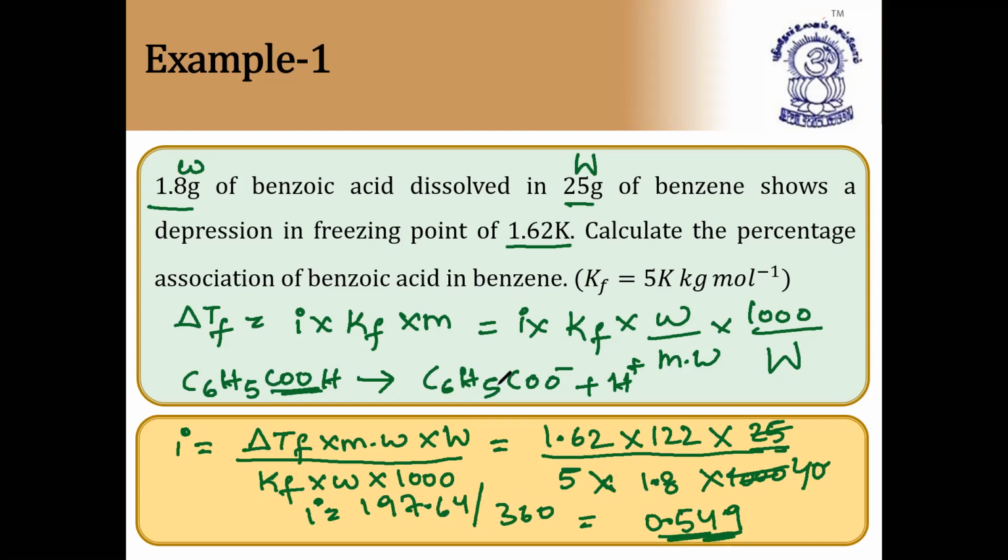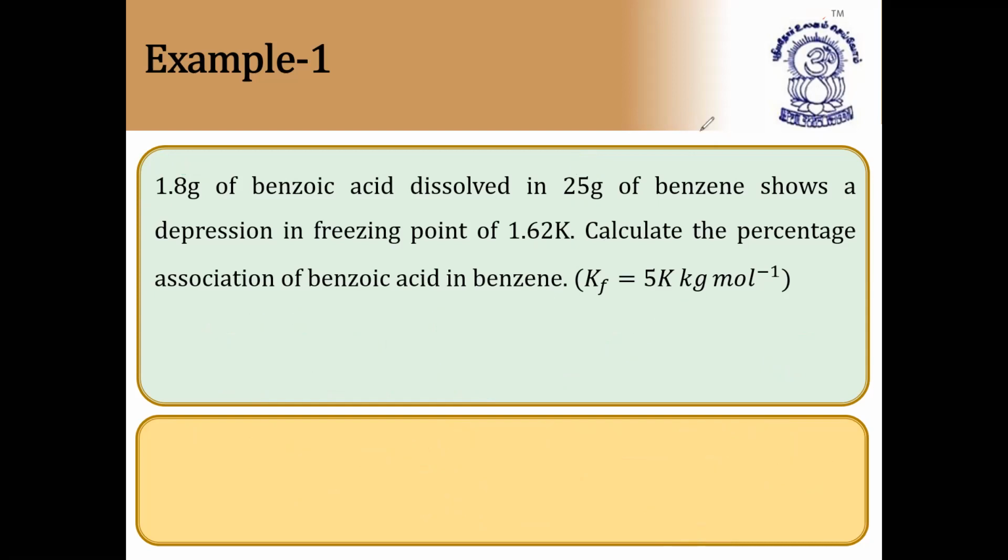So I'm taking a new slide. Percentage of association is equal to, we got the i value as how much? 0.549. So 0.549 divided by the actual value of i for benzoic acid, which should be 2, into 100. So 0.549 into 100 by 2,